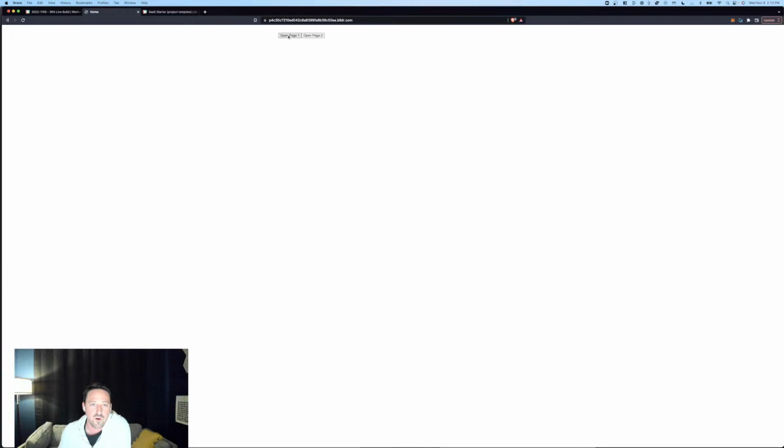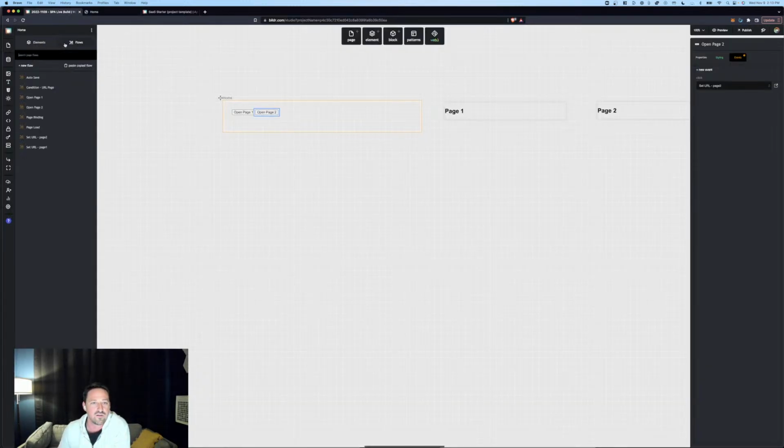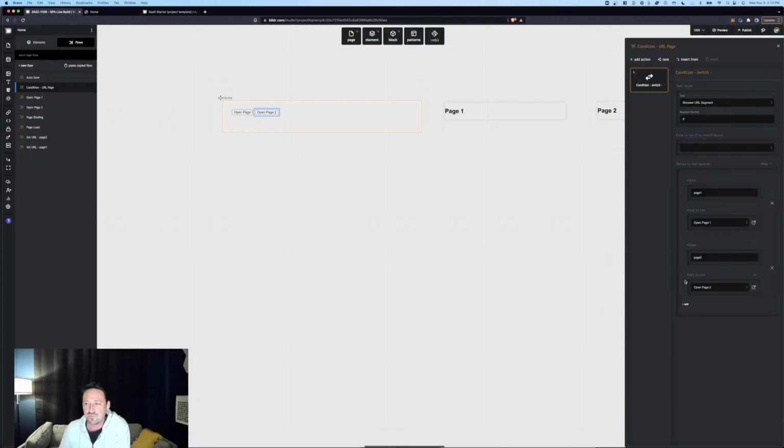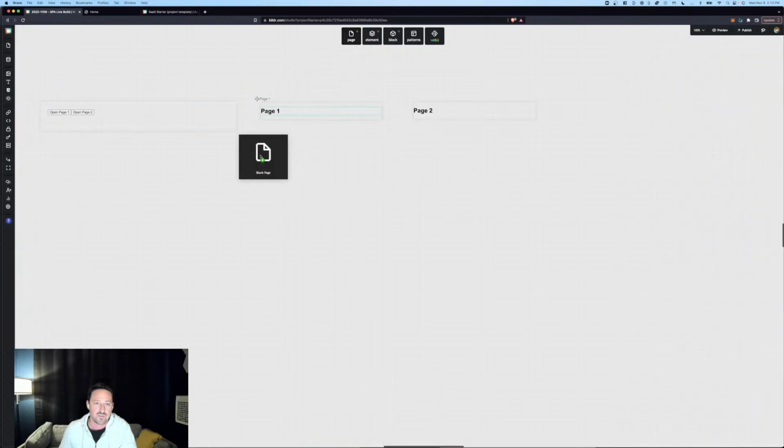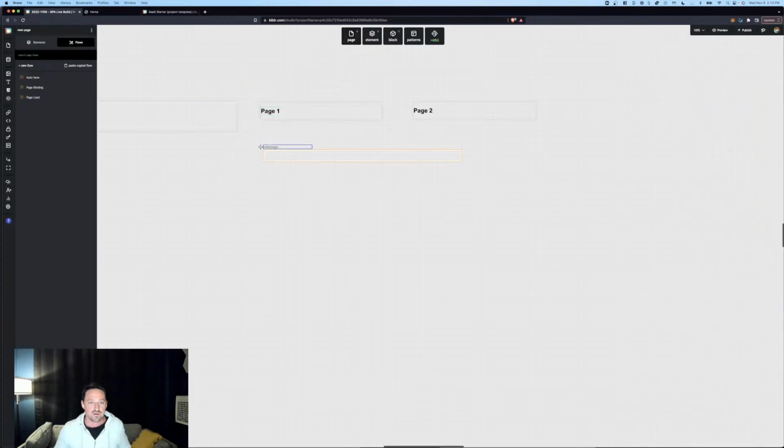So if I click open page 1, that now is just setting this into here, and then the listener listens for that change and then runs the condition, which opens this. So the reason that I like to do it this way is because then all of the decision making for which page to open is flowing through this one condition. So if I want to add any other buttons to the left or buttons to the top or whatever it is, like say for instance I wanted another page, I'm going to add one here